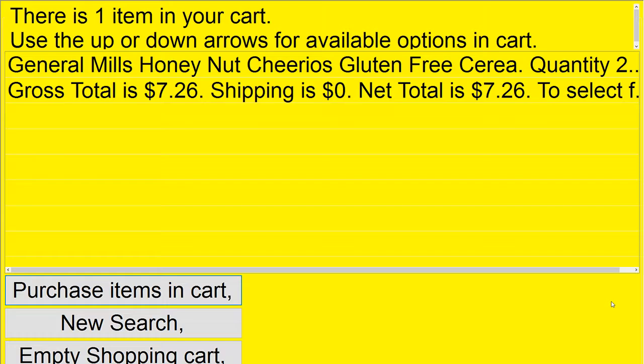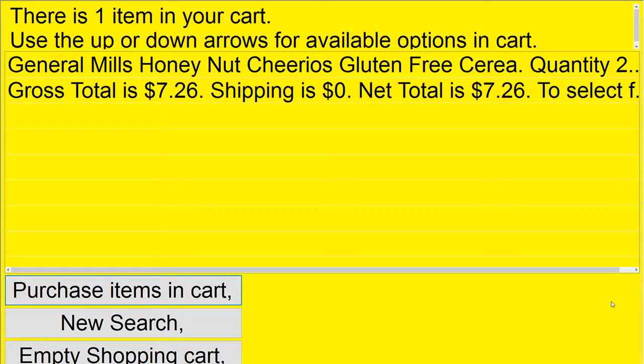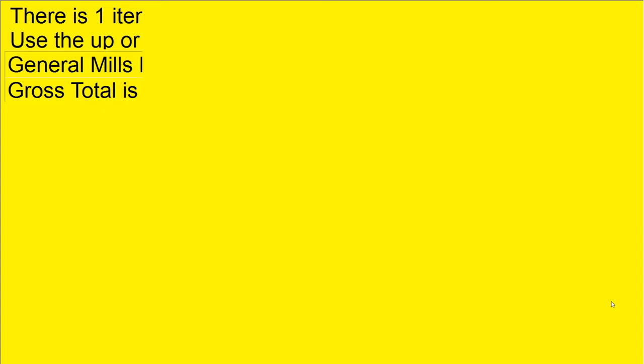Now, at the lower left hand corner, I'm back to my navigation options. I can use my up or down arrow keys to move through my navigation options: purchase the items in my cart, start a new search, or empty my shopping cart. Let's say that I'd like to go ahead and purchase the items in my cart. I go ahead and use my arrow keys. Remember, it's a wraparound, so I don't have to hit my up arrow if I don't want to. I can just hit my down arrow key, purchase the items in my cart, and hit the enter key to select that choice,